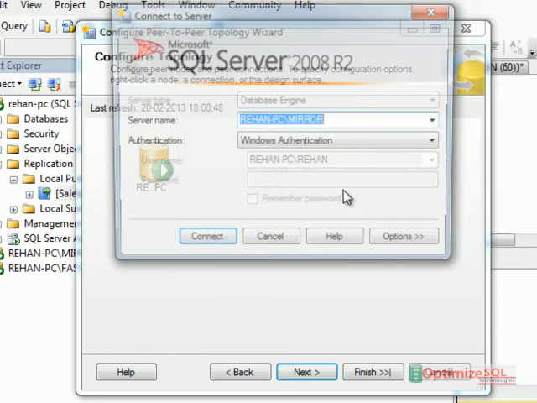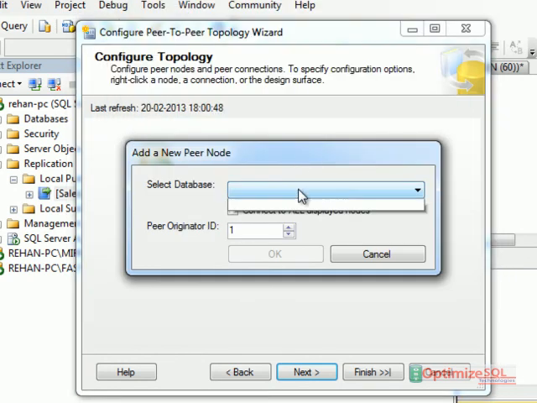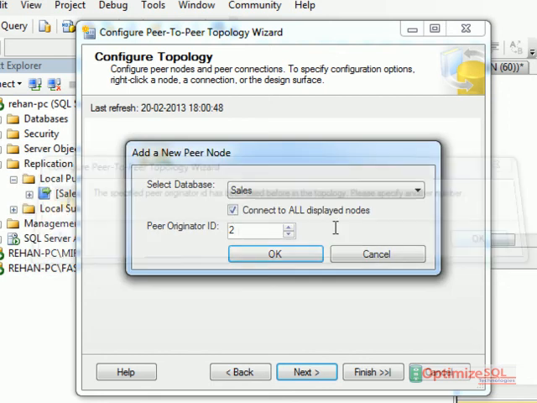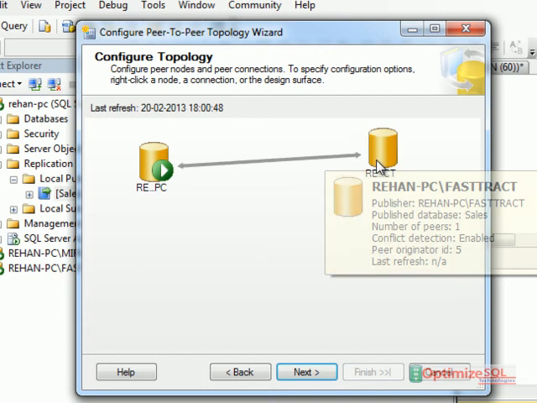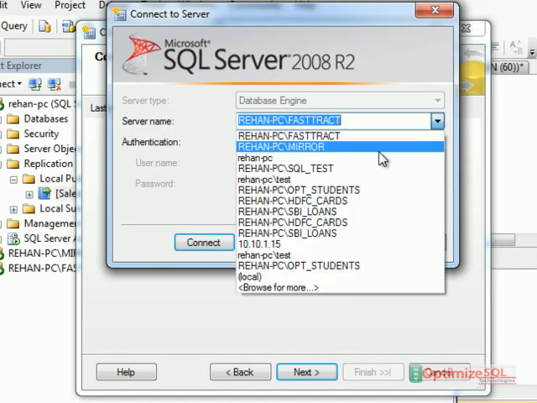So I will add the third one. It is used, it is the same. Okay, same thing, add the second node.